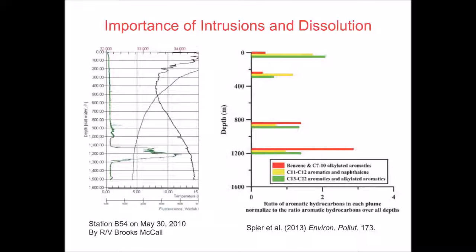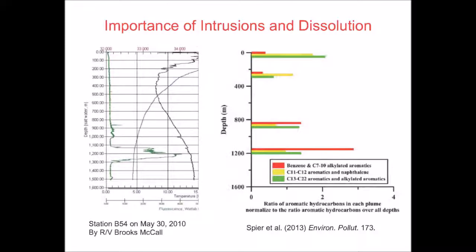You see a very large peak here at around 1,200 meters depth. The discharge was at 1,500 meters. So the plume rises up through the water column and then forms this subsurface layer that has a lot of petroleum compounds in it. In this fluorometer profile, it also looks like there may be a small intrusion a little higher in the water